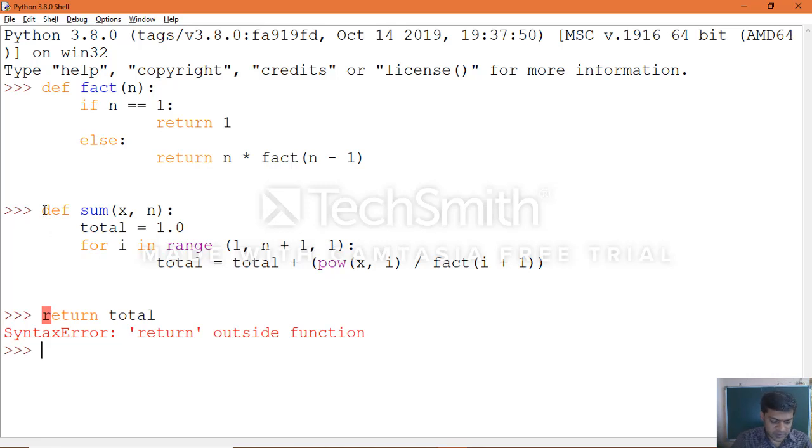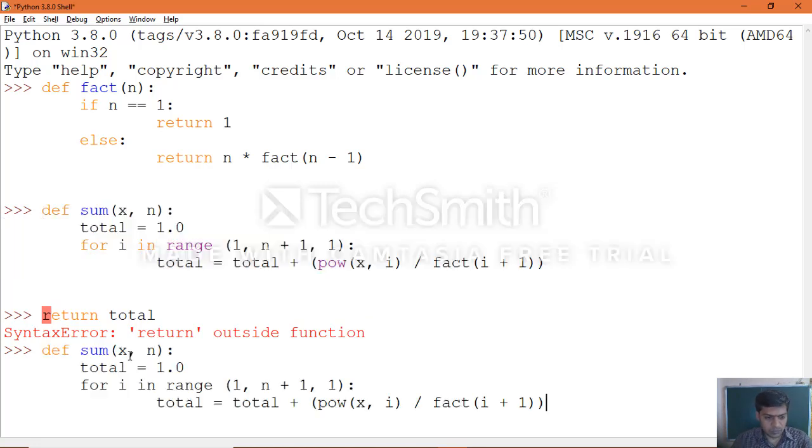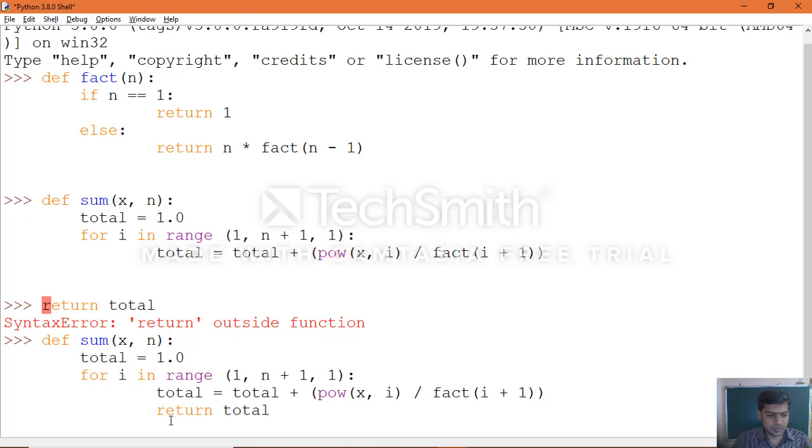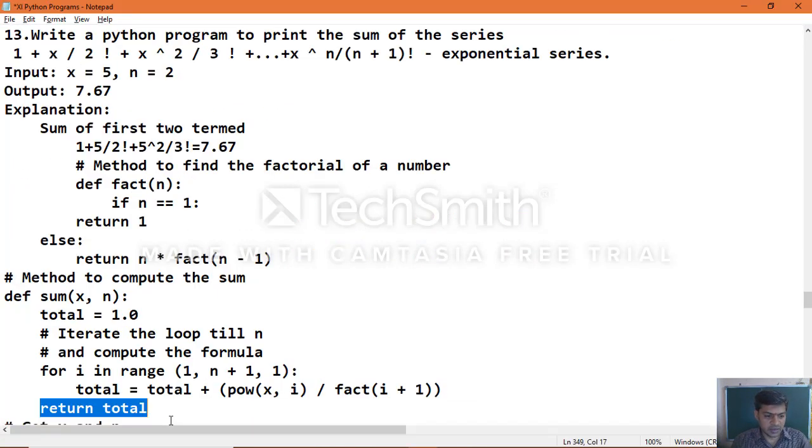Syntax error, which means we need to place this statement here. Let's understand the way it takes place. Okay, now we created two functions, one is sum and another one is factorial.